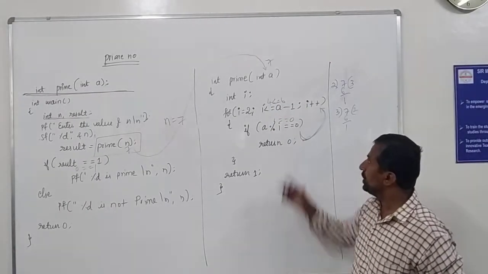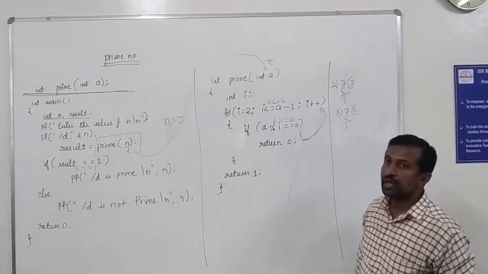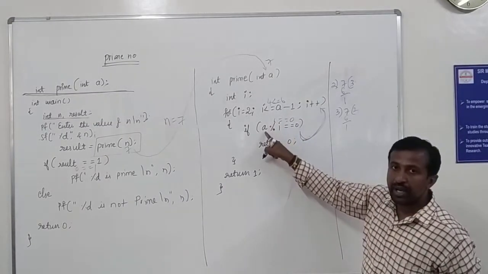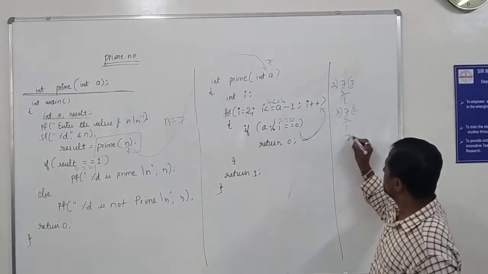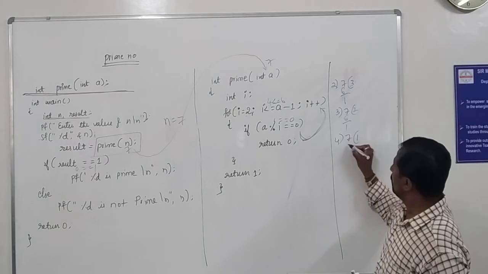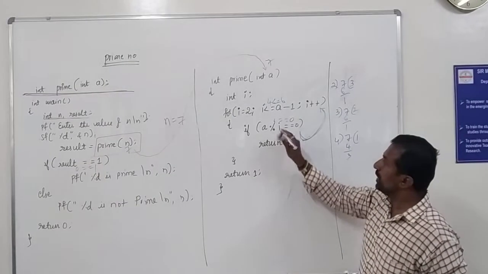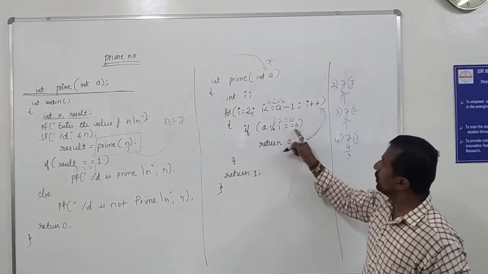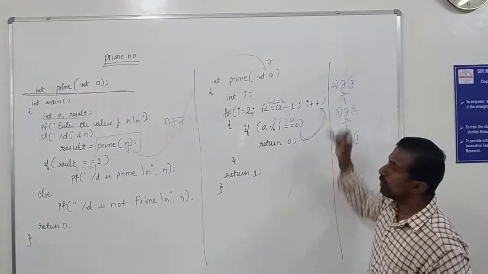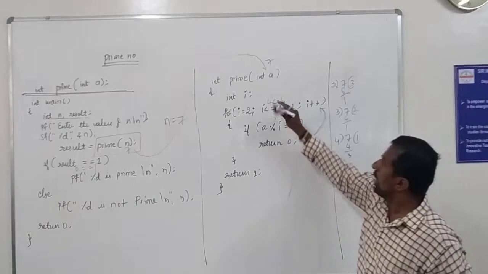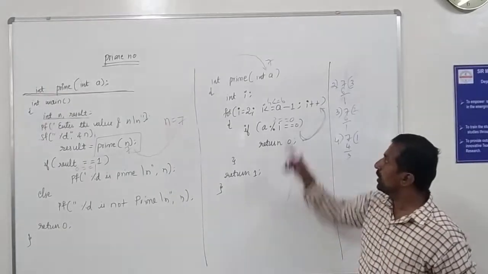Whether 4 is less than or equal to 6? Condition true. When this condition is true, once again execute the if condition. Now the same A value is going to be divided by 4. Same 7 divided by 4. 1 4 is 4. What is the remainder we have got? 3. Substitute here: whether 3 is equivalent to 0? False. False means what happens? Control goes back to I++. I value is now how much? 5. Whether 5 is less than or equal to 6?